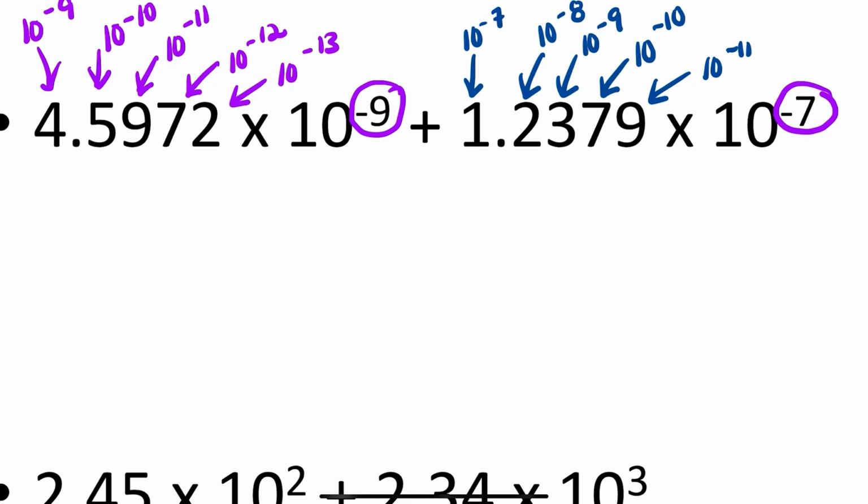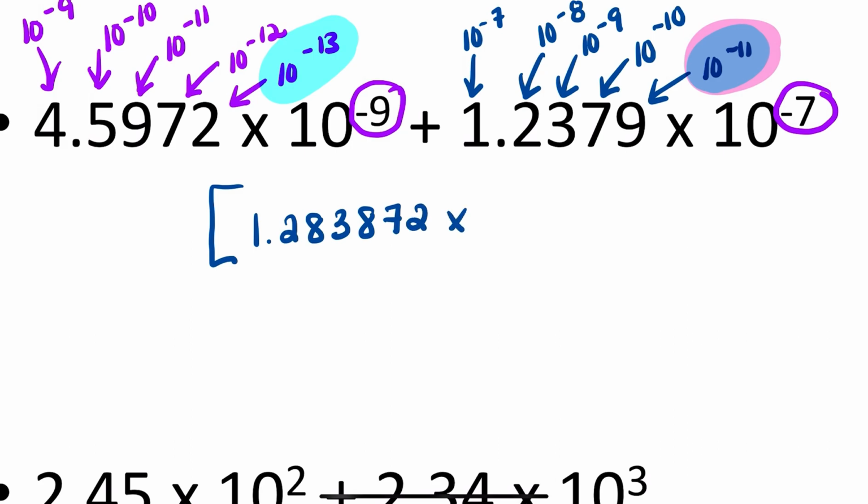I look at the two numbers, and I'm going to compare 10 to the negative 13 and 10 to the negative 11. Which one is least precise? 10 to the negative 11 is less precise, so my final answer can only be recorded to the 10 to the negative 11 position. Now when I add these up, I get a number of